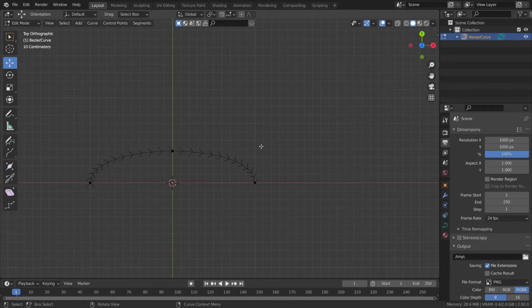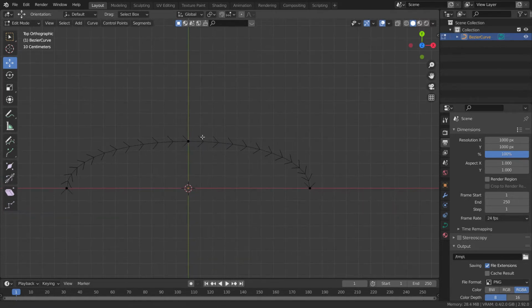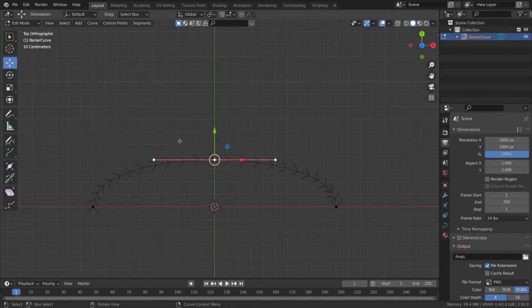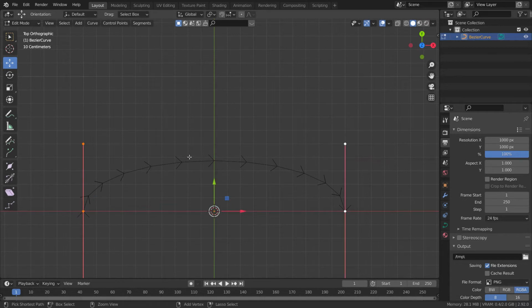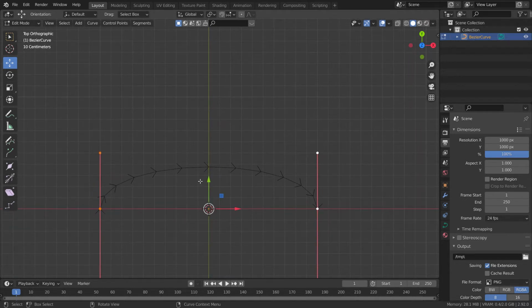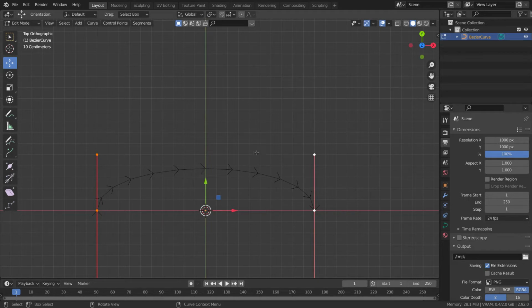If I choose vertices, that newly made curve will be deleted, and if I choose the middle point between these two curves and delete it by vertices, they will get separated. But if I choose this point, press X and just dissolve that vertex, you'll see that the two vertices are still there and nothing is separated.